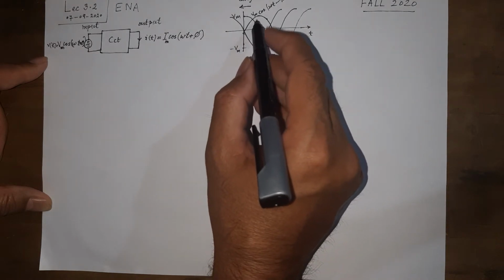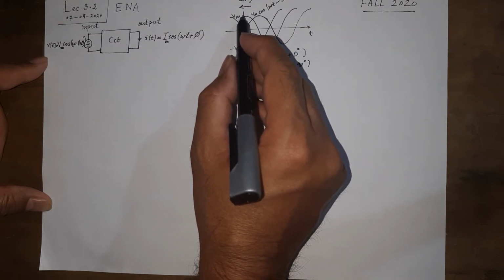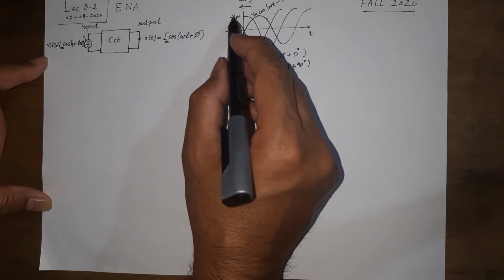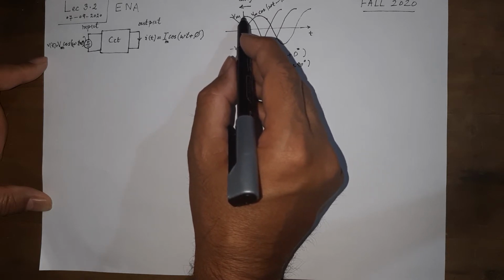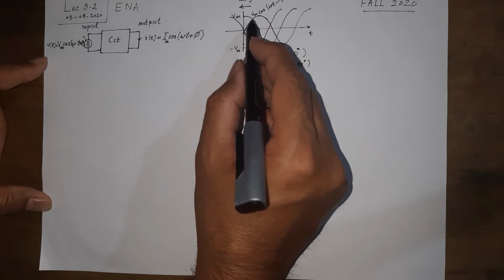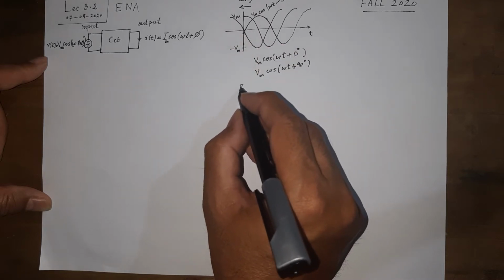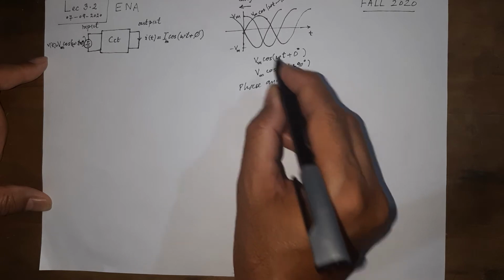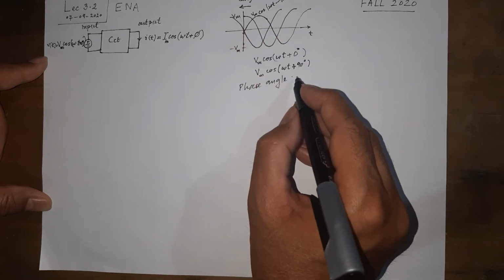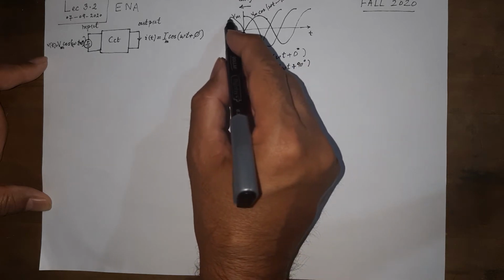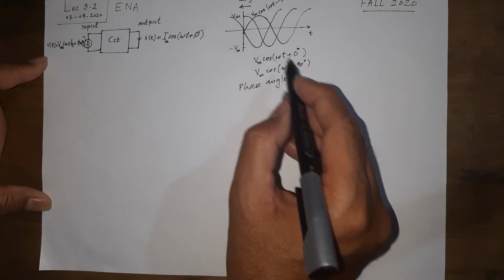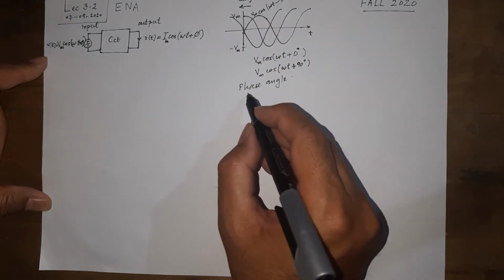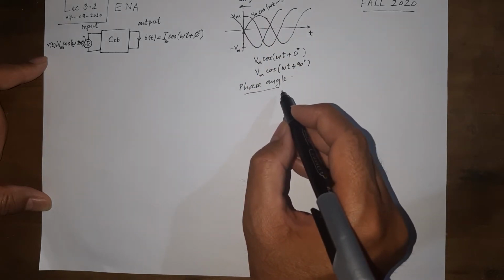So it is a cosine waveform with a 90 degree delay, which actually is a sine wave. So this thing that tells where the max occurs with respect to the max occurring at 0 is the phase angle. The phase angle for this waveform is 0. The phase angle for this one is plus 90, and for this one is minus 90 degrees. So this is the concept of phase angle.